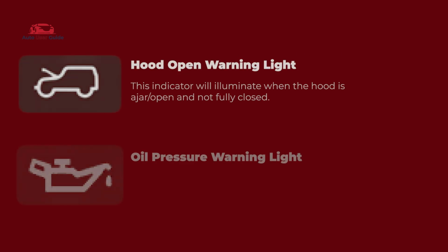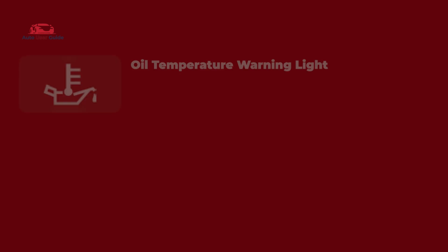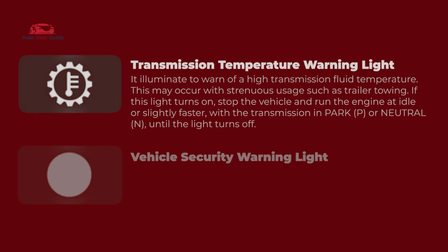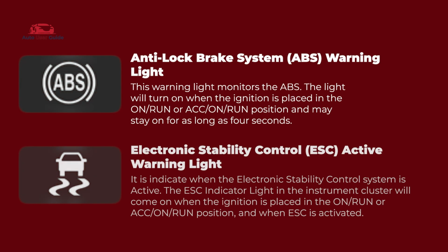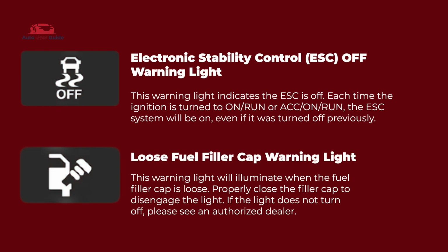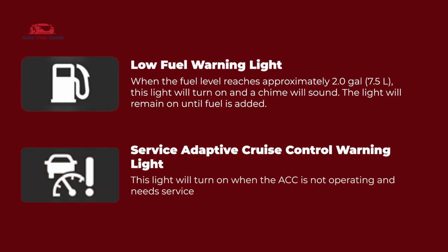electronic throttle control, engine coolant temperature, hood open, oil pressure, oil temperature, liftgate open, transmission temperature, vehicle security, anti-lock brake system, electronic stability control active, electronic stability control off, loose fuel filler cap, low fuel, service adaptive cruise control,